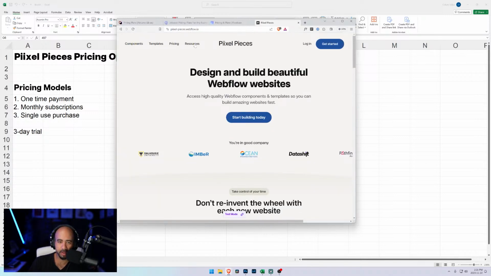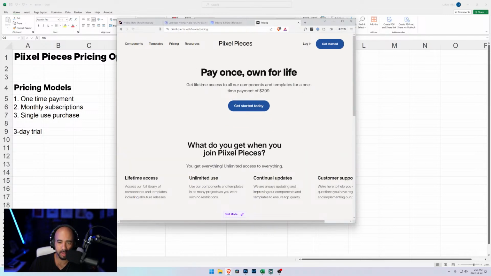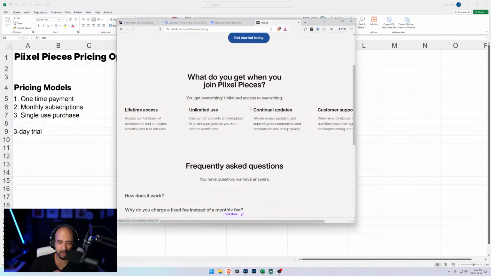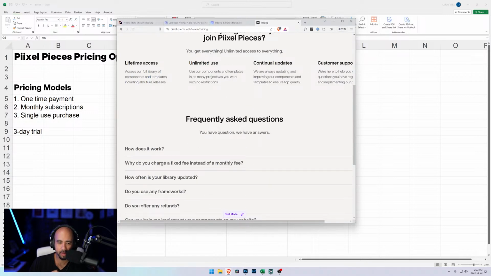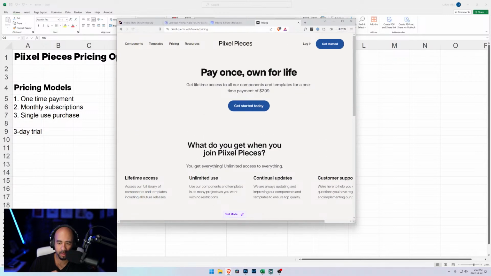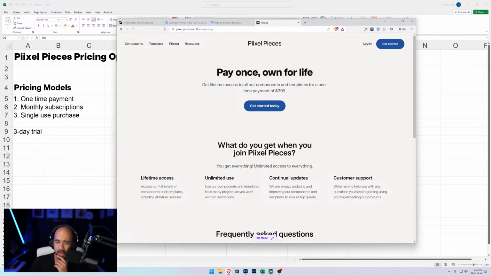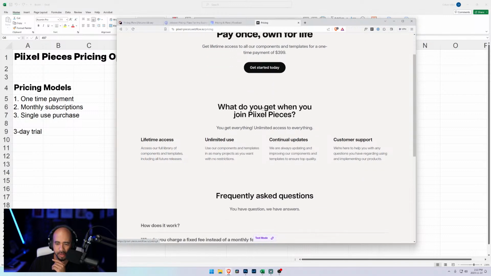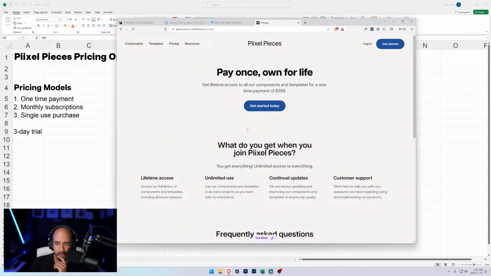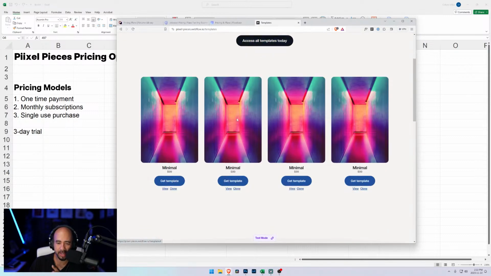Do I have it open here? Okay, pay once, own for life. Right. So I think we need to throw in a little bit more color on here. And once we have actual things, we'll brighten this page up for sure. Yeah, we'll have the one-time price, and then the templates. When you have a template, I guess you can just purchase them individually. Okay.